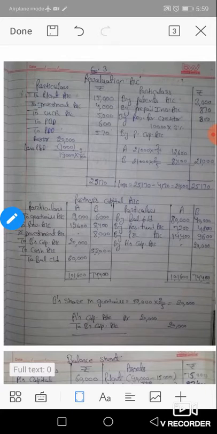Now next there is a short line that says transfer to reserve 1/6. So this is senseless. Please cut this portion of the numerical from your book, the transfer to reserve 1/6. Okay, cut this portion.